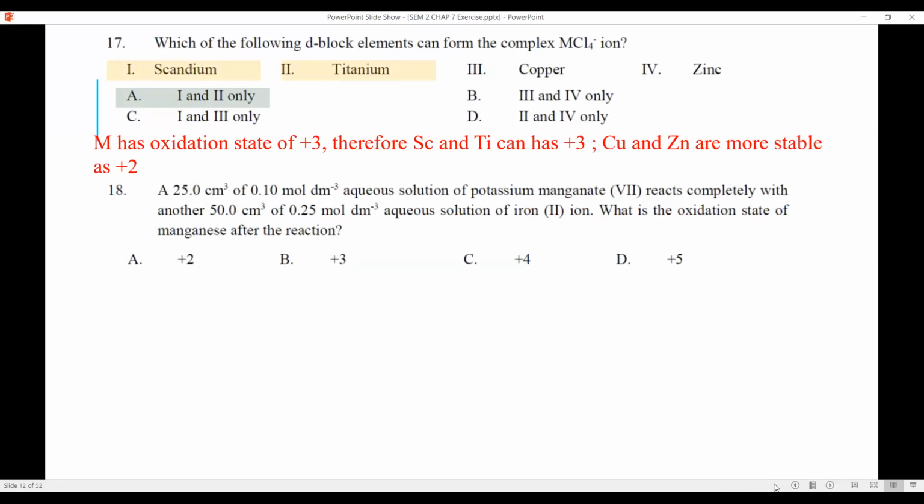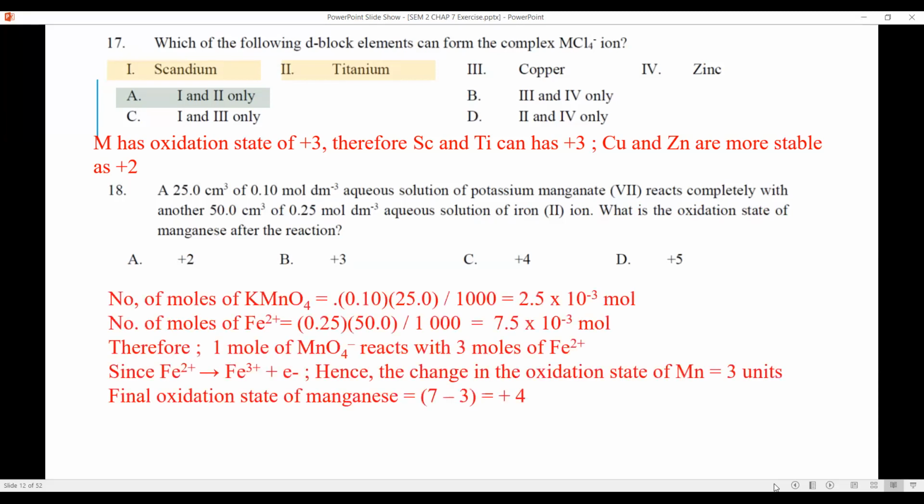Okay, then number 18. 25 centimeter cube of 1.0 mole per decimeter cube aqueous solution of potassium manganate was reacted completely with 50 centimeter cube of 0.2 molar hydroxide of iron 2. Write the complete equation for the reaction. So first of all, you have to calculate the mole of KMnO4. So you calculate 0.1